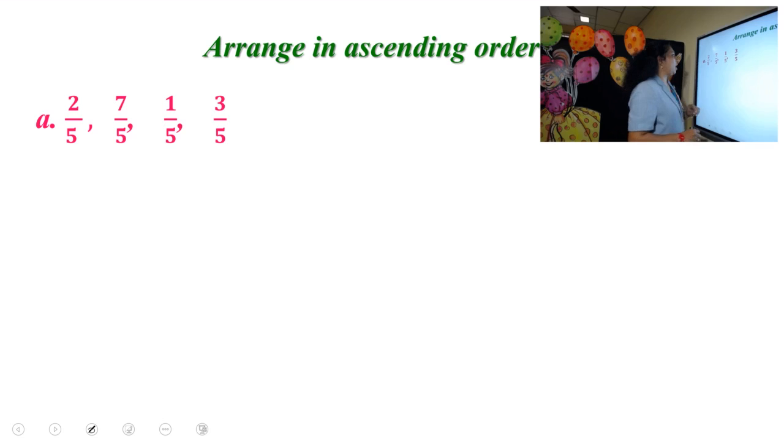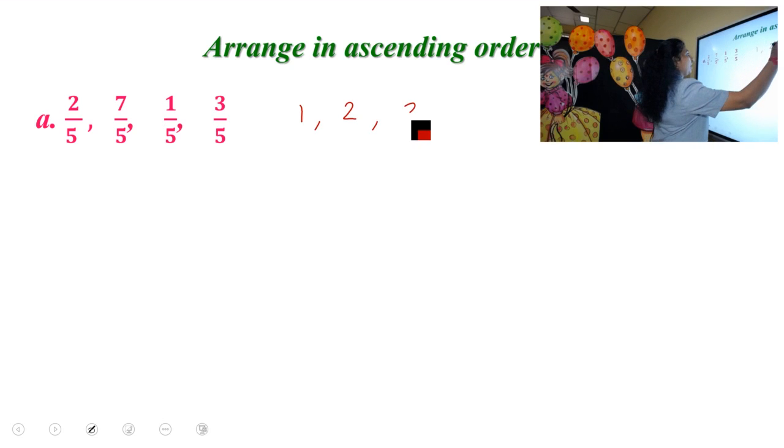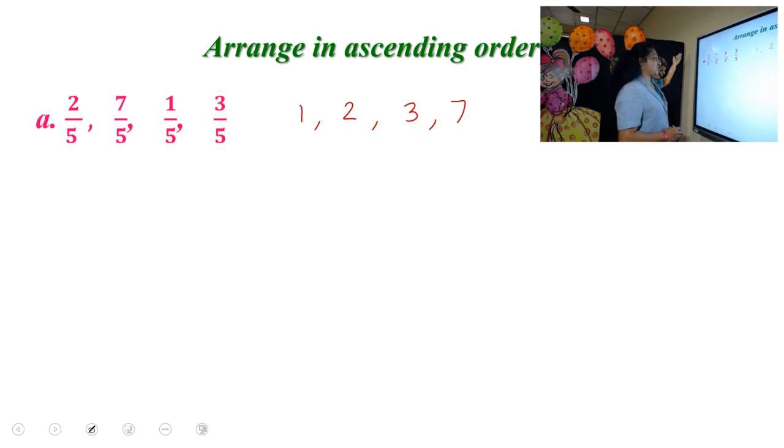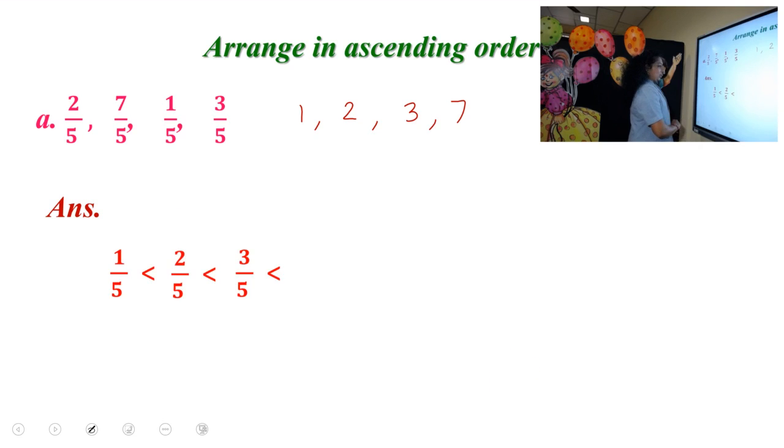So which will be the smallest one? According to this, which is the smallest? 1, then comes 2, then comes 3, then 7. So the same way we'll arrange the fractions. The smallest fraction will be 1 by 5. 1 by 5 is less than 2 by 5, less than 3 by 5, less than 7 by 5. Understood? If the denominators are the same, look at the numerators as we write in the counting